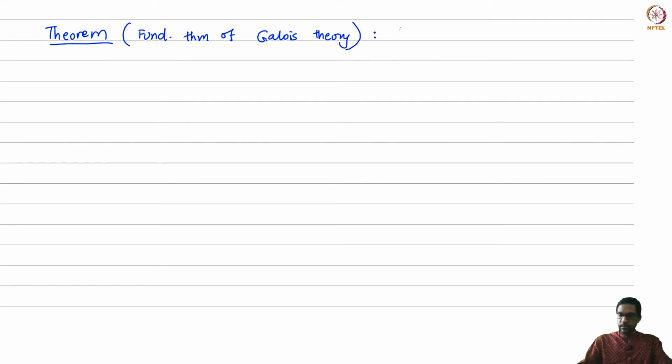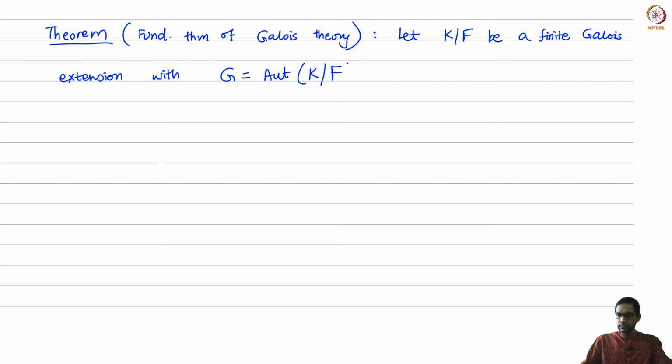Let K over F be a finite Galois extension with Galois group G. So this group of automorphisms is called the Galois group. Then the following hold: the maps,